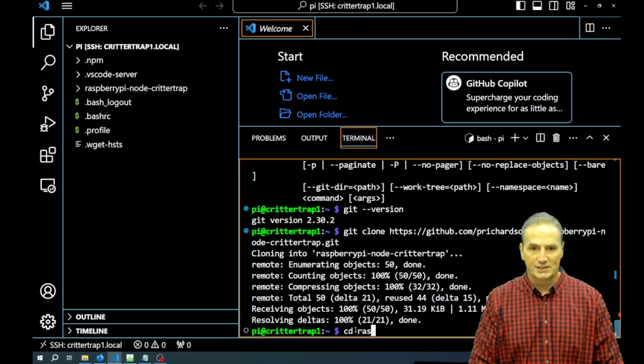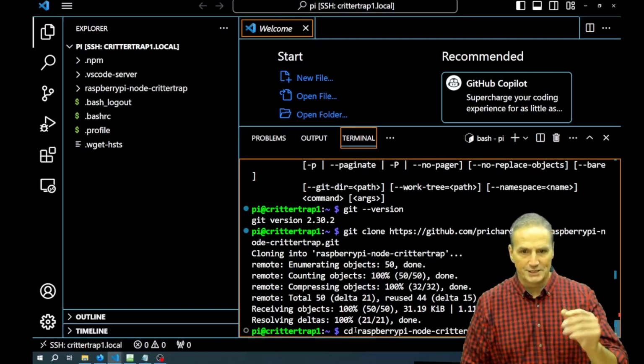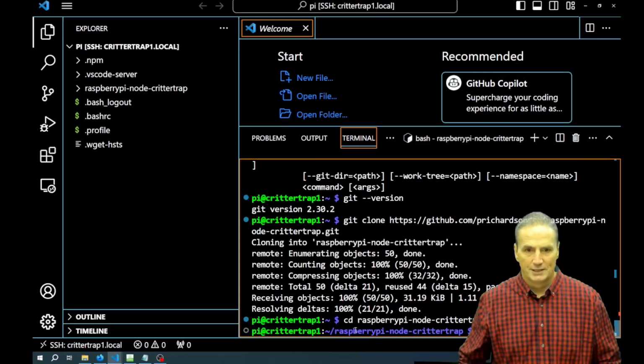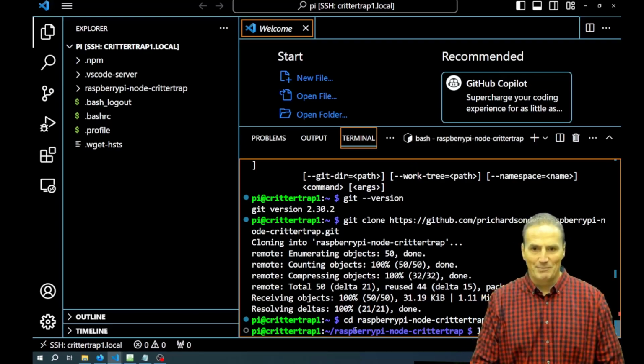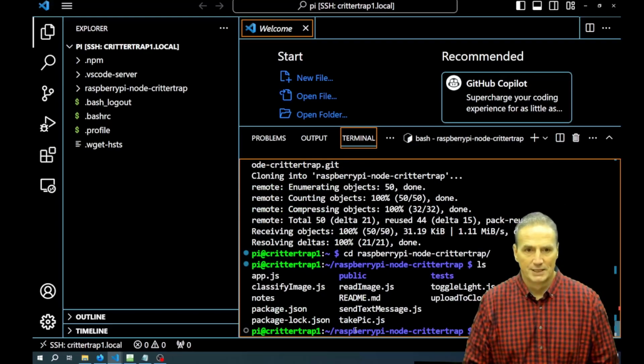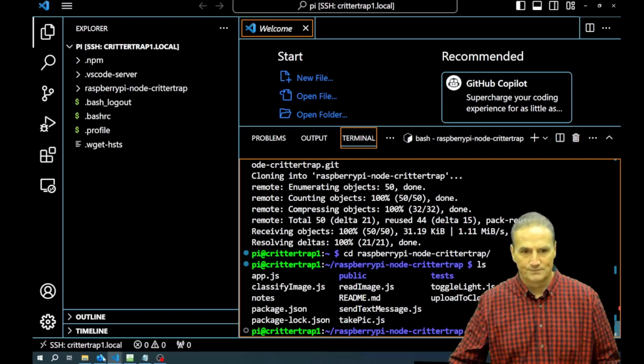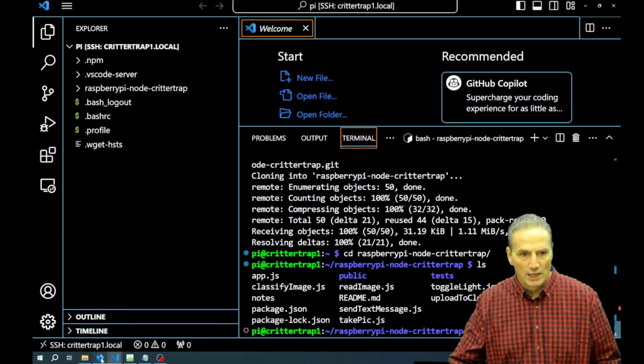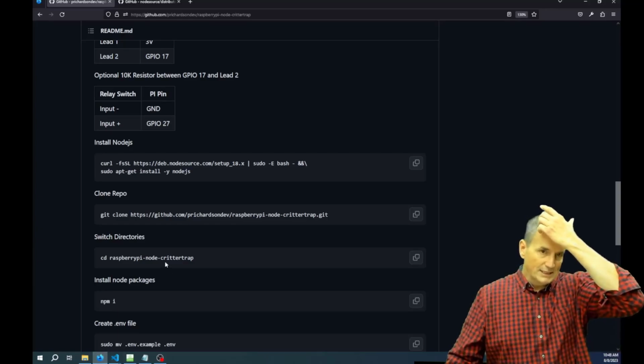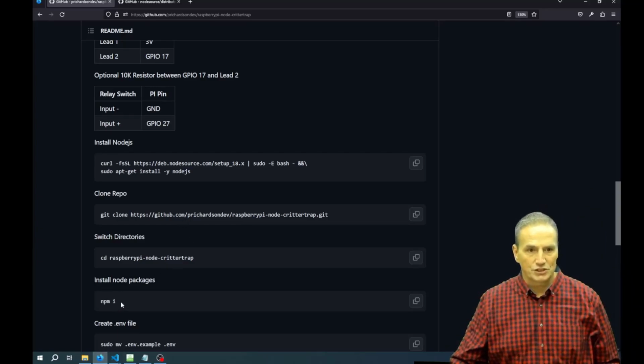cd, just start typing Raspberry Pi. You can hit tab so it autocompletes. Hit enter, and if we type ls to list the directories, it'll tell us what's inside of there. All right. Awesome. Okay, so we need to, I guess the last thing we should do is we'll just stop